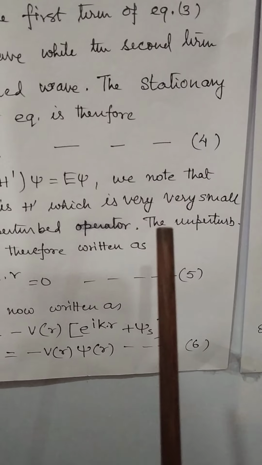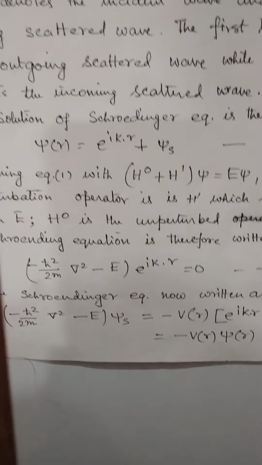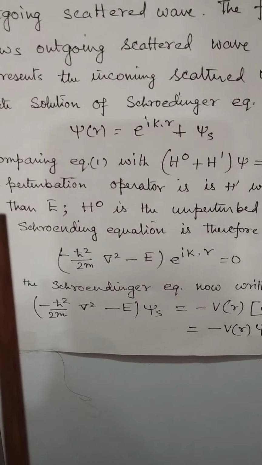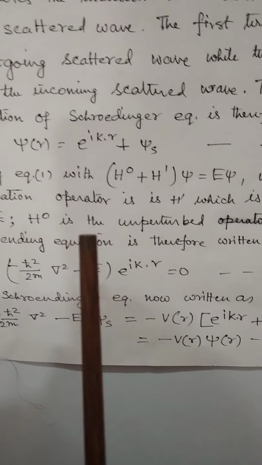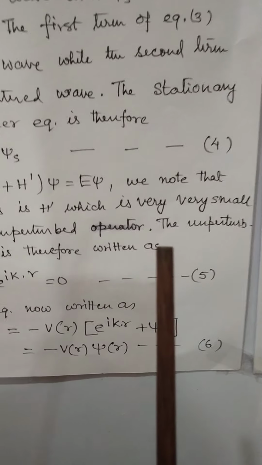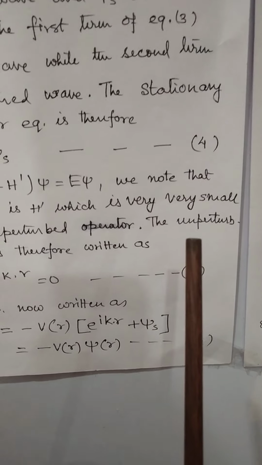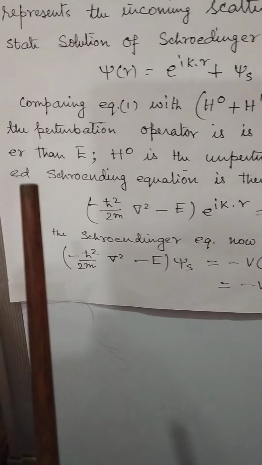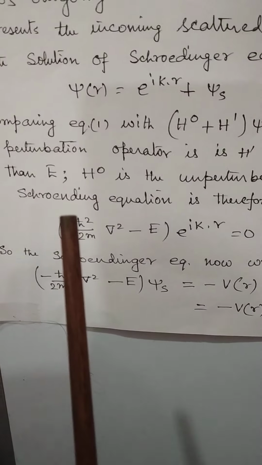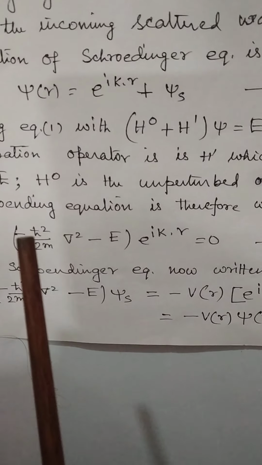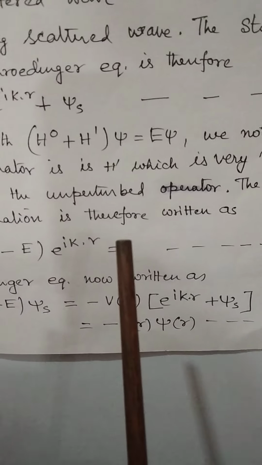Now H', which is the perturbed term, is very small compared to E. H0 is the unperturbed Hamiltonian. The unperturbed Schrödinger wave equation can be written as